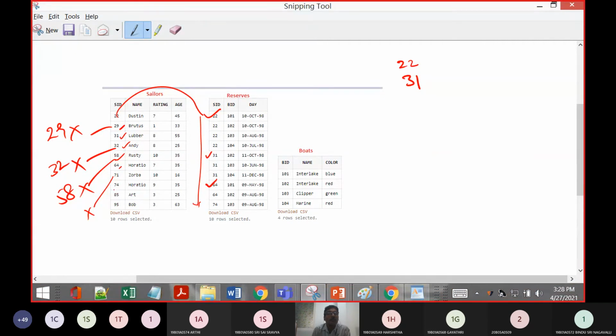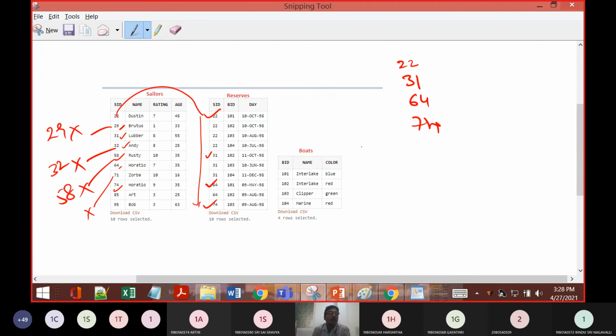Next one, 74. 74 is in Sailors, 74 is in Reserves. So we have his occurrence. So it is 64 followed by 74. Next we should see whether Art is in Sailors and Art is in Reserves. So again we are completely verifying it. Art is only in Sailors, so we are not taking him into consideration. Next one, 95.